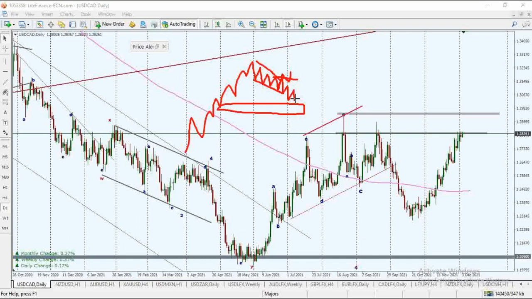Don't attempt to buy here. I don't buy here at the start of the day, because whatever is creating this drop could also be a result of no demand. And no demand could continue lower